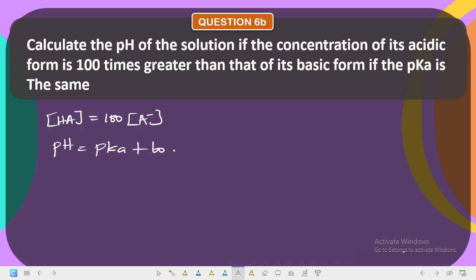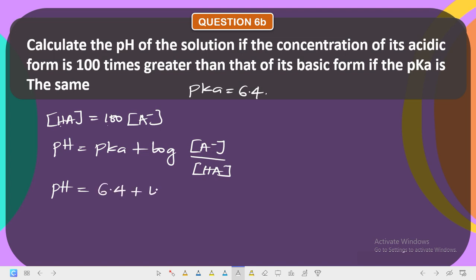pKa plus log A minus over HA. Now you are given that HA is 100 times A minus. So pH equals, if the pKa still remains the same, it means our pKa is still 6.4. And this will become 6.4 plus log A minus over HA, which is the same thing as 100 bracket A